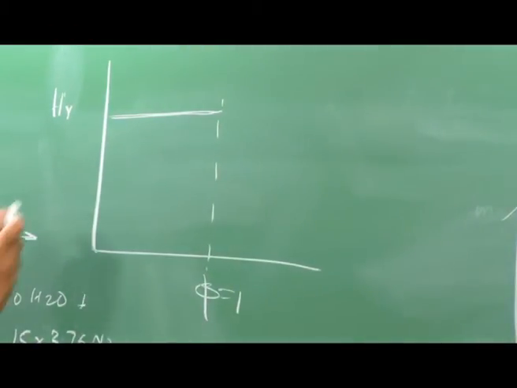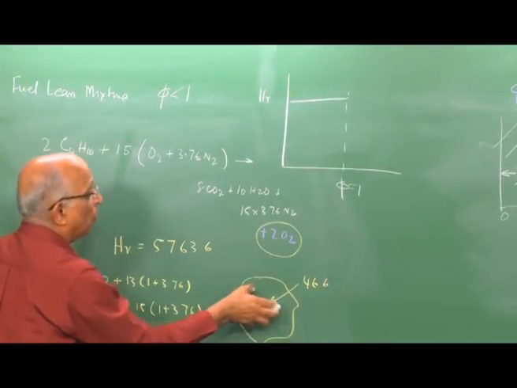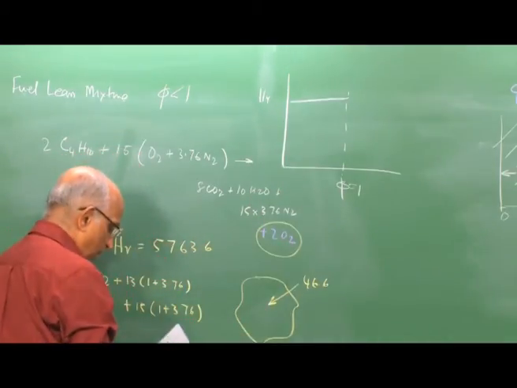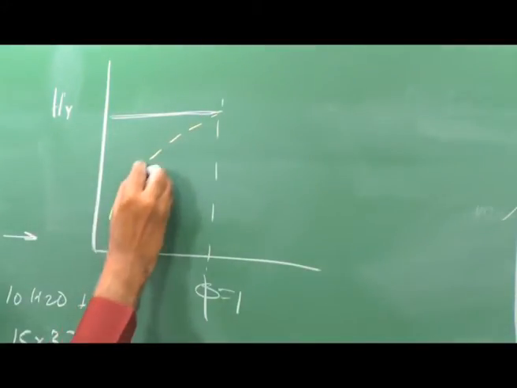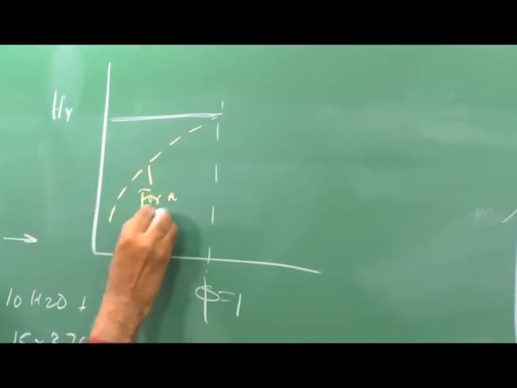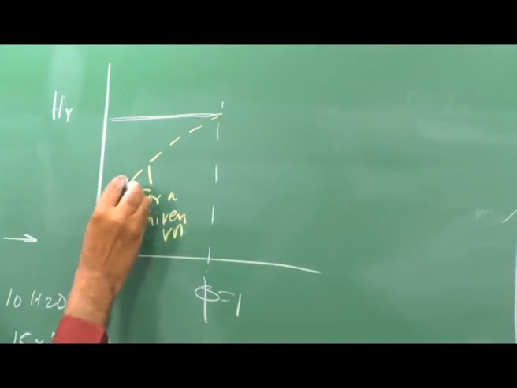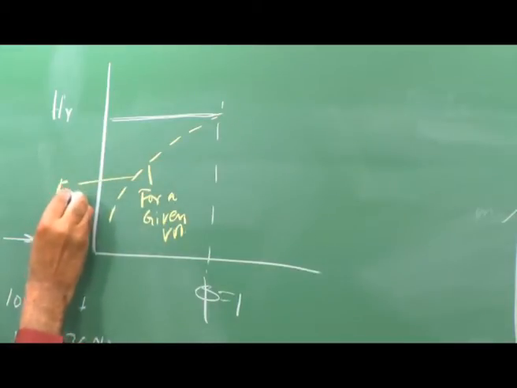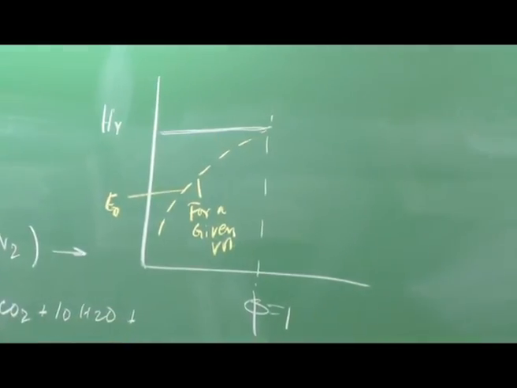But if I want to find out the energy liberated for a given volume or for a given mass, the number of moles in the reaction go up, and therefore, for a given number of moles, the amount of heat release comes down. That means we are talking of the energy per unit volume, for a given volume, while this is the heat of the reaction, which remains stationary.